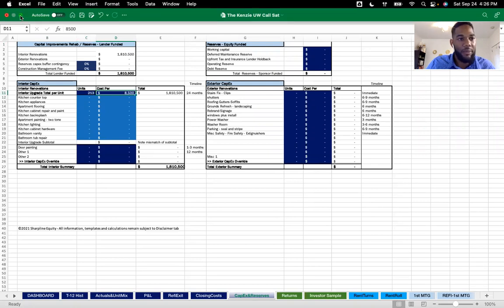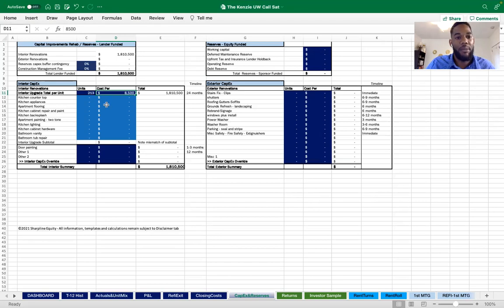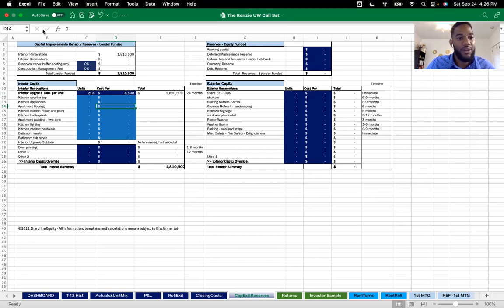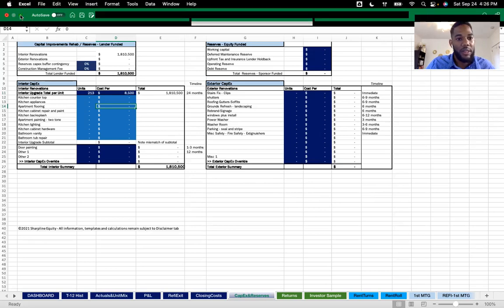But remember, as we get deeper into underwriting and due diligence, I'm sorry, as we get under contract on the property, we would adjust this number once we can get in and get actual numbers on it. At a high level it's really difficult to gauge how much it's going to cost, because they usually don't give you access to bring contractors into the units unless you have it under contract. So I'll just put that as a placeholder right there.